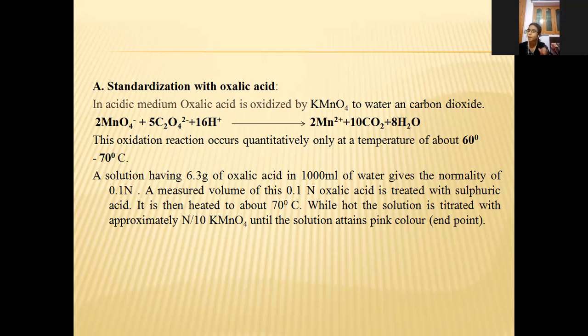So N by 10 is 0.1 normality. So we have to use 0.1 normality potassium permanganate solution until we get the pink color. Here we have to prepare the 0.1 normality of the oxalic acid, that is 6.3 grams of oxalic acid